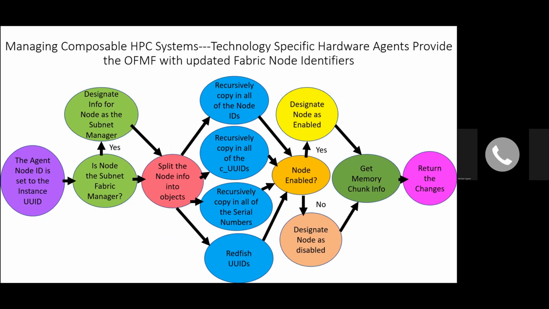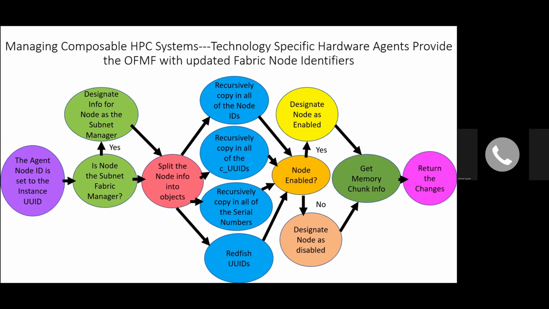Here's an example of this. Let's say we brought up our agent. Our agent comes on. It communicates to the subnet manager and says, "Are you a subnet manager? Is this information on a subnet manager?" And if it's a yes, and it gets that information and says, "Oh, here's a subnet manager," provides it to